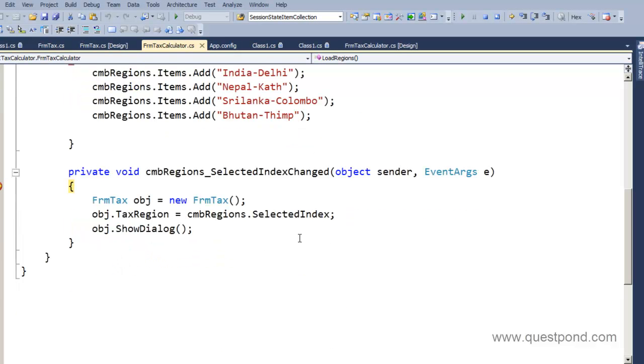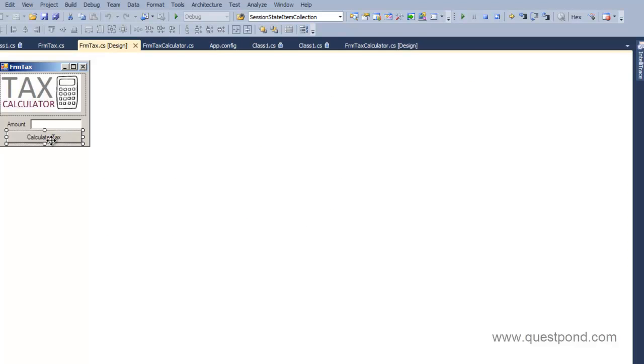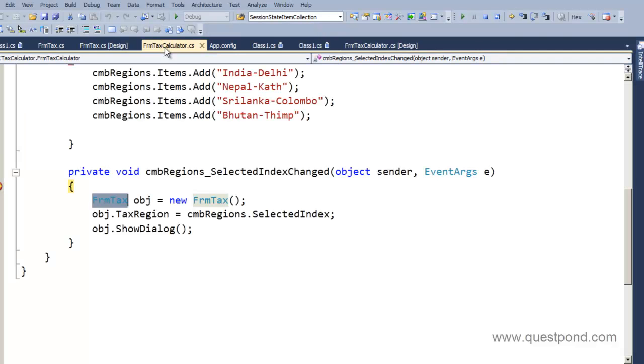Now you can see that it has fired my combo box change event, and over here what I'm doing is whatever region is selected, the selected index, I'm passing to a different form called FRM tax. Now this FRM tax is the main form where you are going to enter the amount and hit the calculate tax button to get your tax calculations.